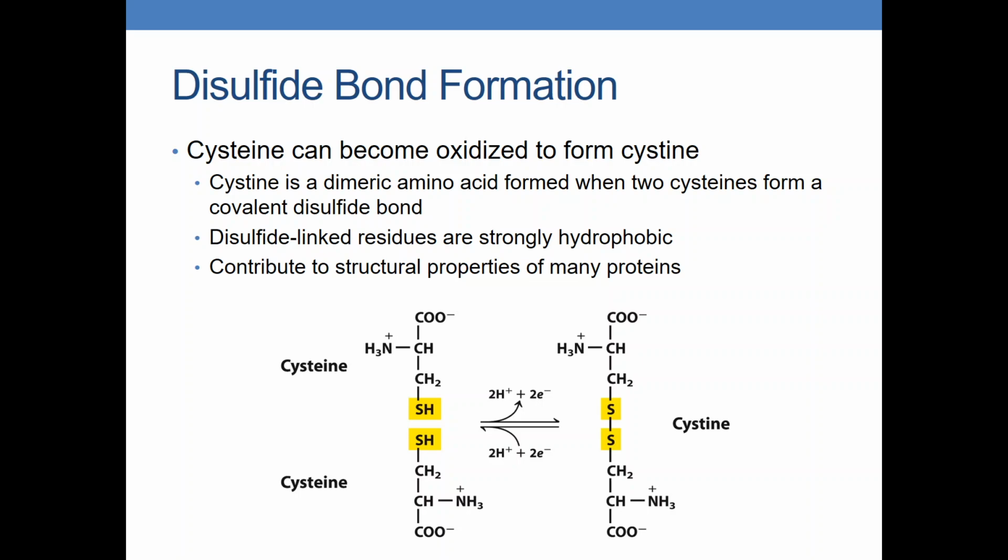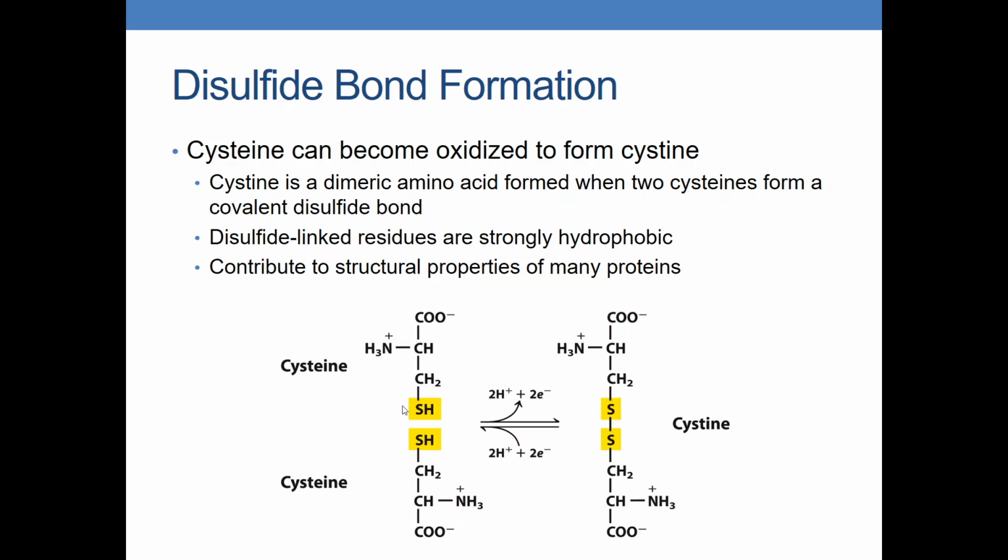Cysteine is readily oxidized to form a covalently linked dimeric amino acid called cystine. So cystine is two cysteine molecules that are joined together by something called a disulfide bond. These disulfide linked residues are strongly hydrophobic. They're very nonpolar. And so first, before I really get to talk more about that, let me look at this